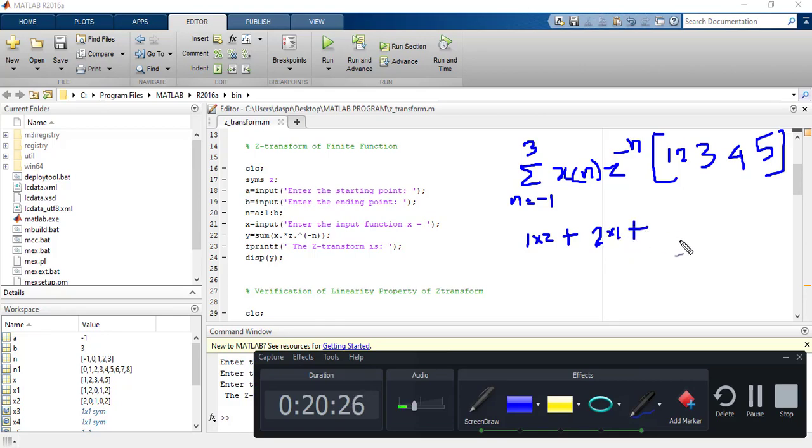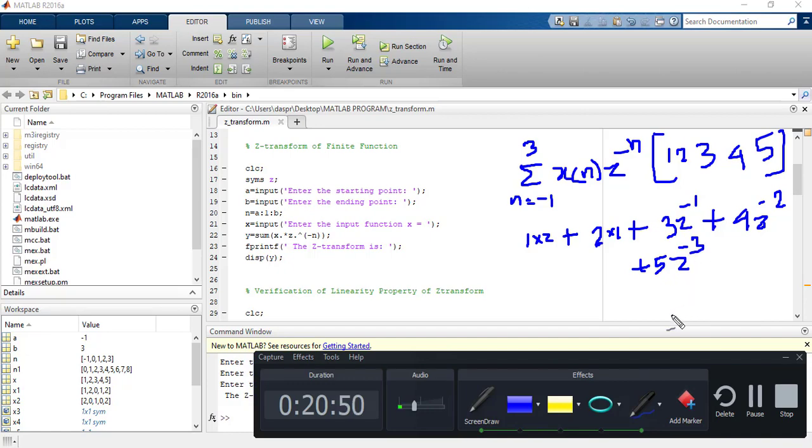Plus, then n is equal to 1, that means 3 Z inverse, then it will come 4 Z to the power minus 2 plus 5 Z to the power minus 3.